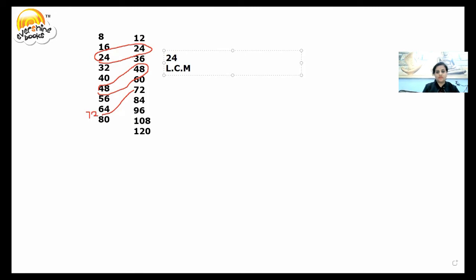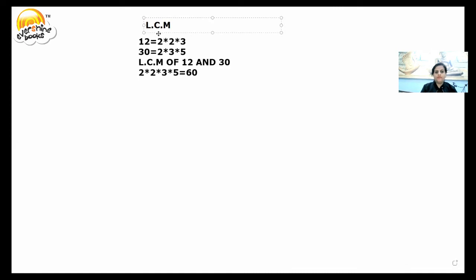Likewise, we are going to find the LCM of 12 and 30 by prime factorization. We will see how it is coming in the table of 2. 12 is coming in the table of 2. 2 6s are 12, then again 2 3s are 6, and 3 is going to be cut by 3 only. After that 30. When we write down all together, our LCM will come 60. It is in the table of 12 also, but it should be least, meaning the smallest one. So it is the smallest one. We get it.